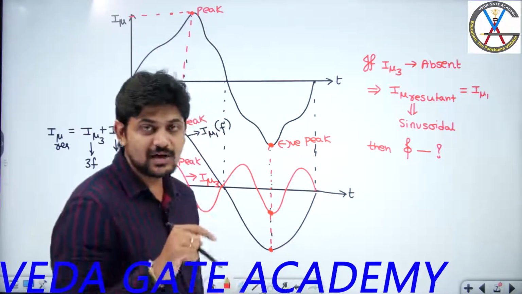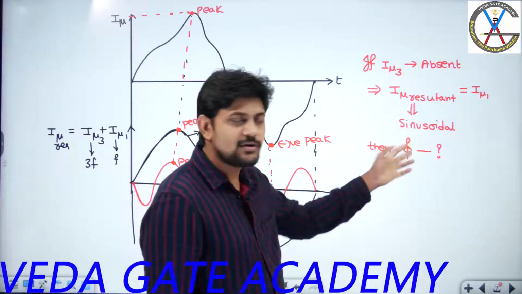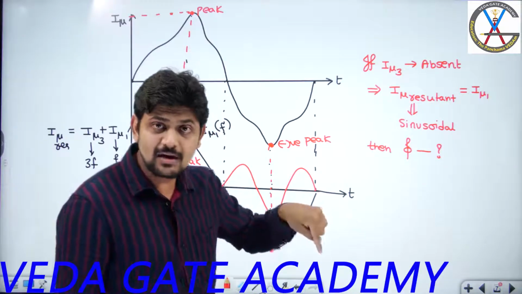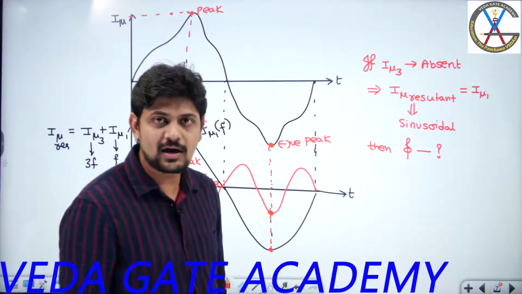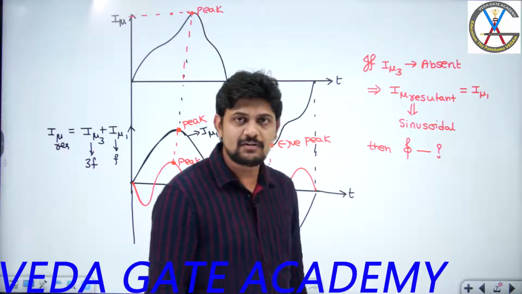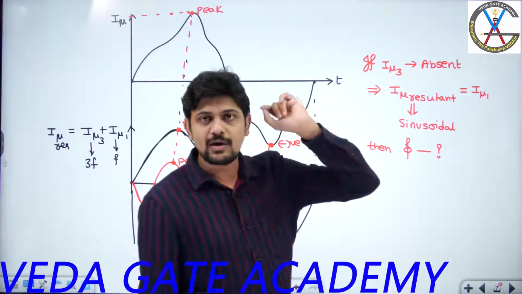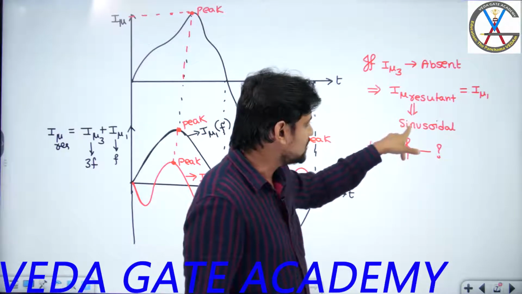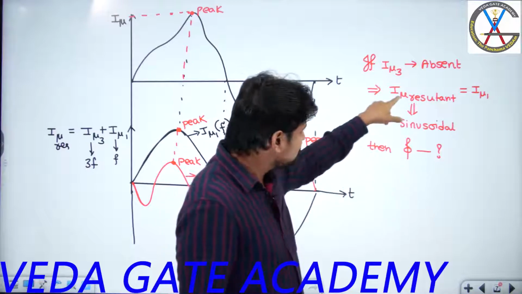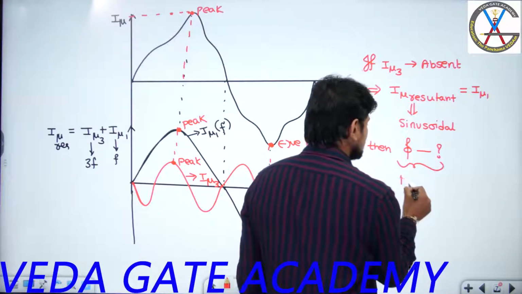No, that is valid only for linear machines. For linear machines, if I mu is sinusoidal, flux is also sinusoidal, but it is a non-linear BH characteristic. My practical transformer has non-linear BH characteristics. As the practical transformer has non-linear BH characteristics, if the third harmonic component of current is absent, then the shape of the resultant I mu becomes sinusoidal, and because of this sinusoidal I mu, the flux is non-sinusoidal.